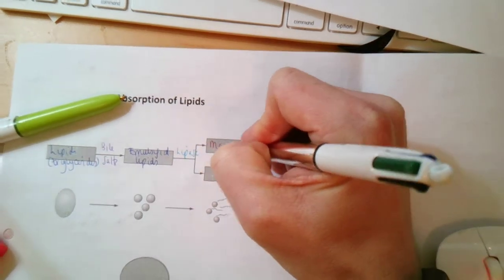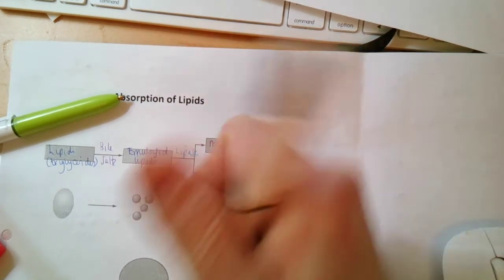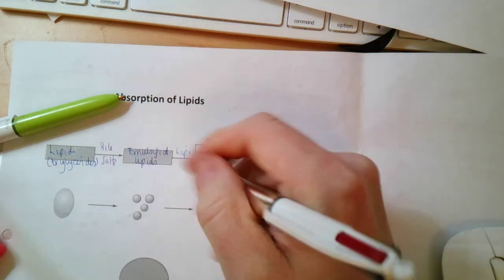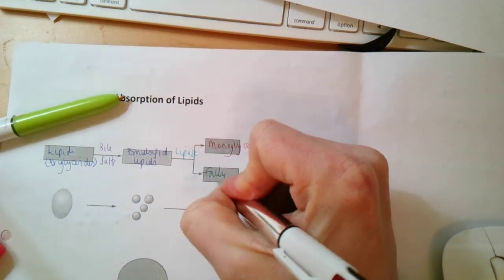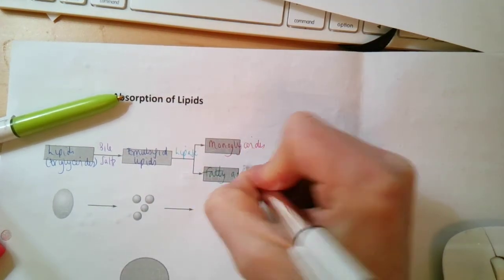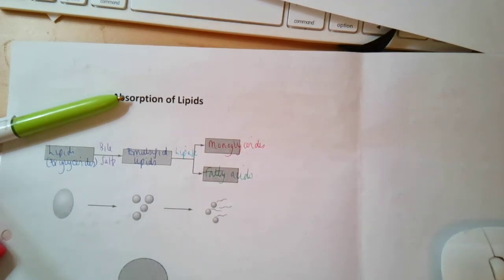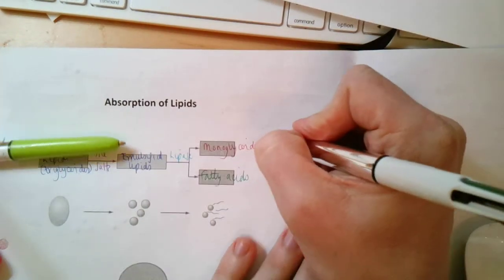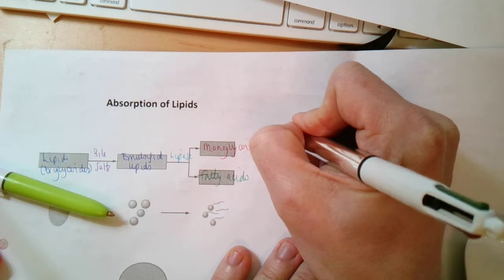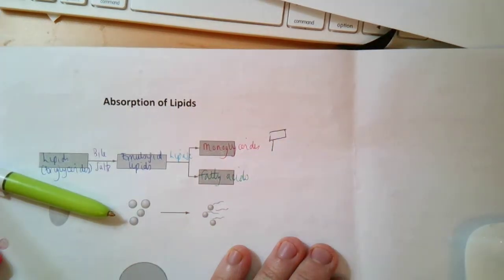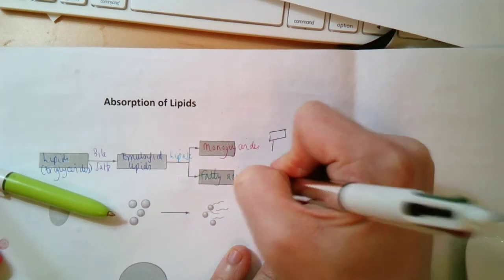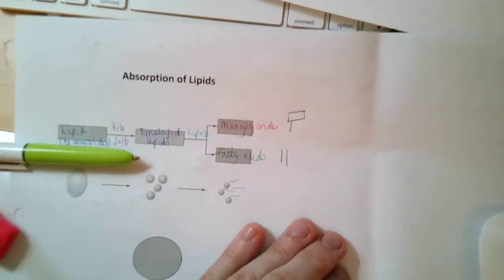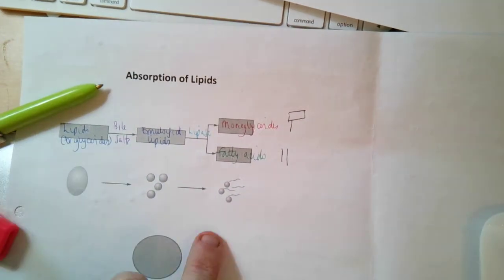monoglycerides, and we also form fatty acids. And as you probably may have gathered, a monoglyceride is a glycerol backbone with a single fatty acid, and we make two fatty acids. So we're hydrolyzing two ester bonds there. And you can see here,